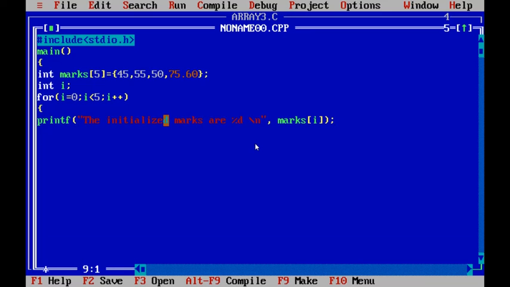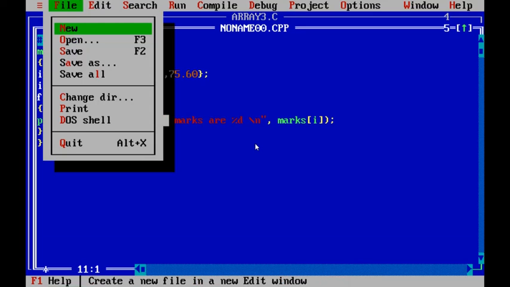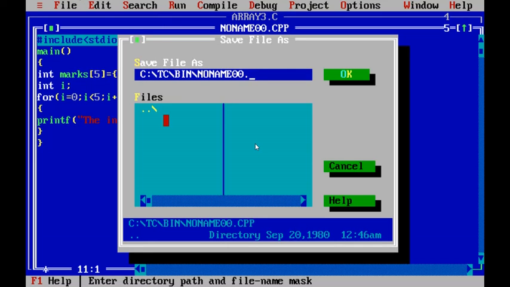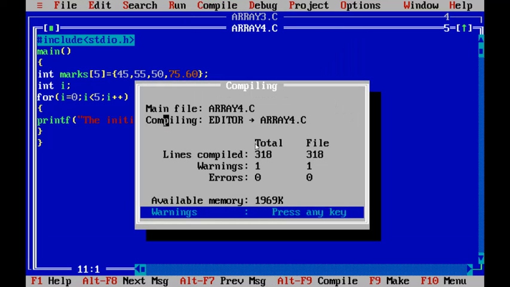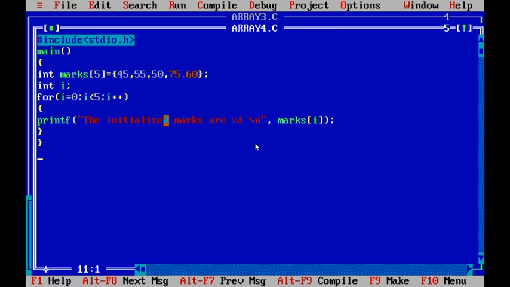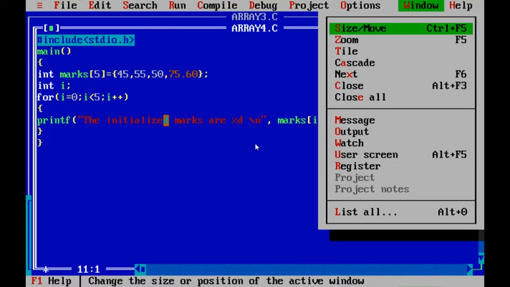By using this printf statement we will print the marks. Now save this program as array4.c. Now compile the program. Compilation is successful, 0 errors. Run the program. Now we'll see the output.